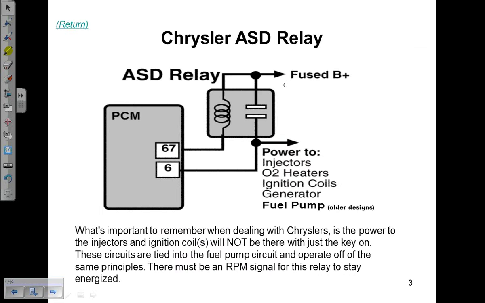And this shows just a generic picture of that ASD circuit. So if you look at this generic diagram, you can see that computer's controlling the ground right here. This would be a ground side switch coil. When that coil gets a ground, it's going to make a magnetic field, and it's going to close this switch. And when that switch closes, it's going to provide power to all of these components, as well as power part